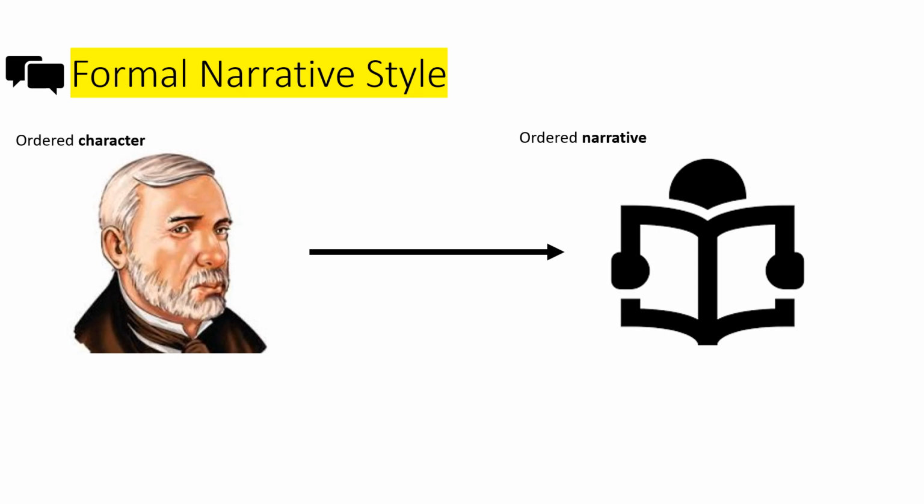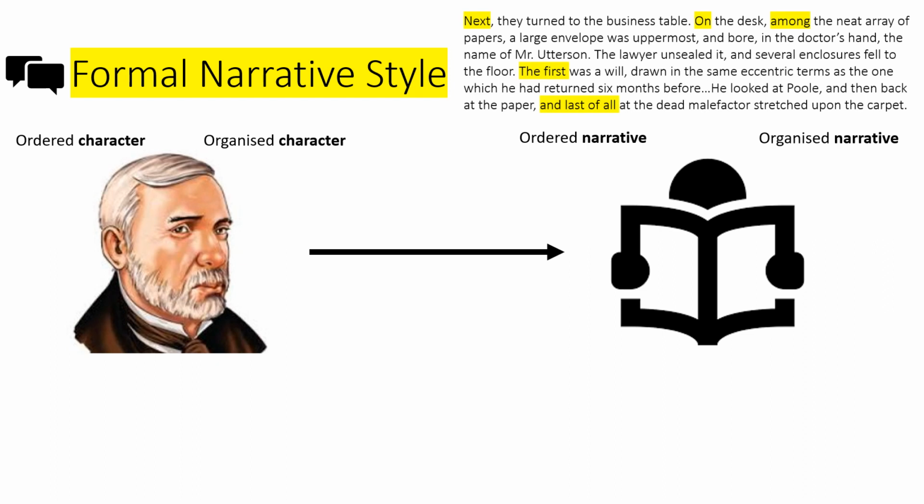The plot details are also ordered in a very organised way, and we've got this organised character creating this very organised narrative. And just as a quick example of this, have a quick look at this small paragraph at the top of the screen. This is the section in the novel when Poole and Utterson break down Jekyll's door, the door to the cabinet, and they're just about to piece together a few more little pieces in this puzzle. And look at the way that the conjunctions combine with the prepositions to form this ordered narrative. He works through it methodically, and therefore the narrative is going to be methodical for us.